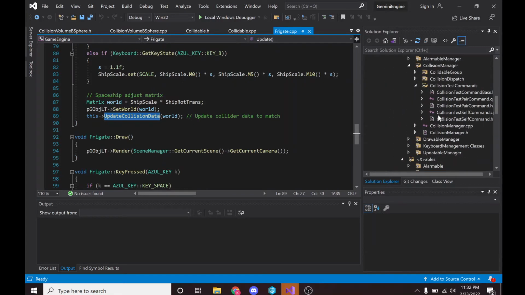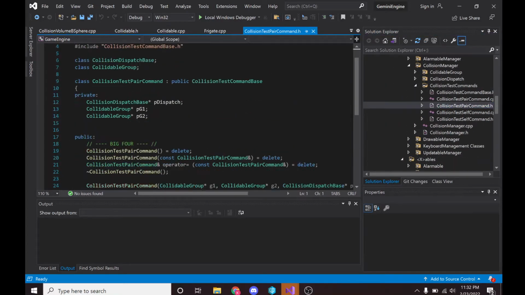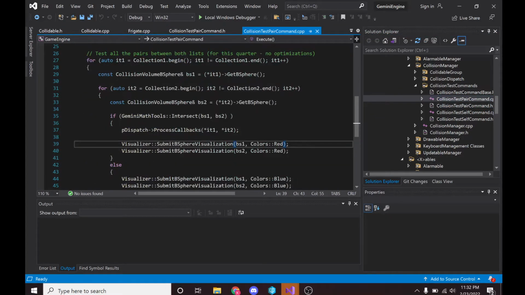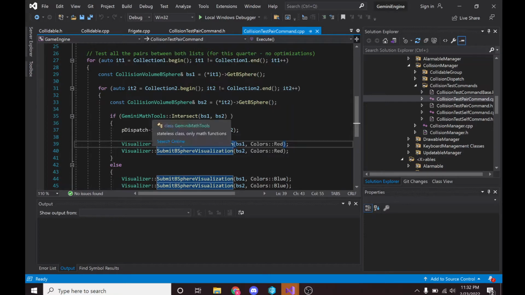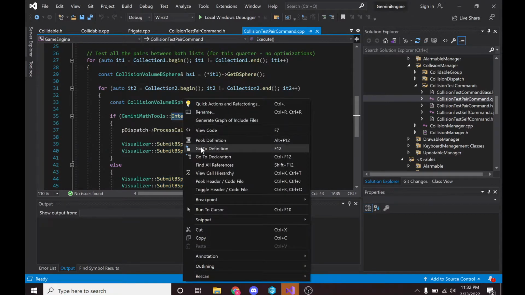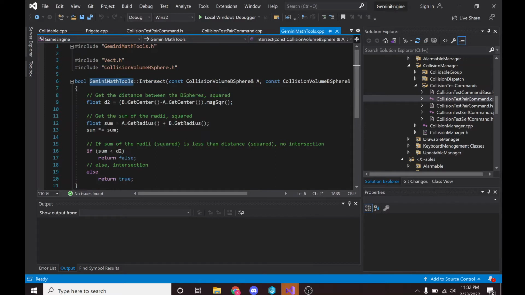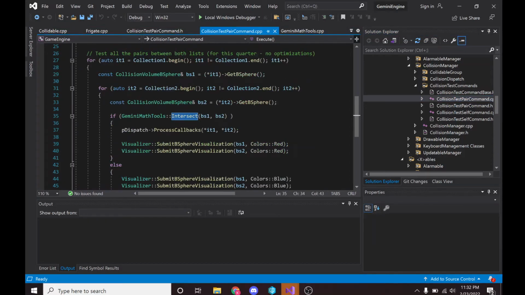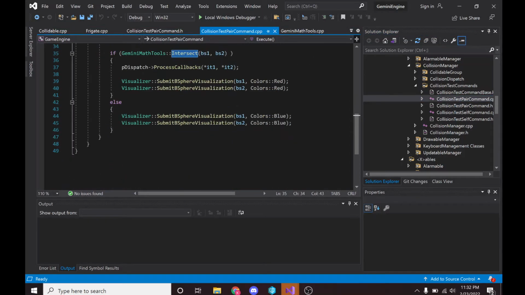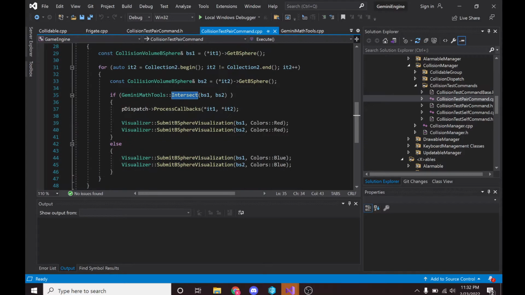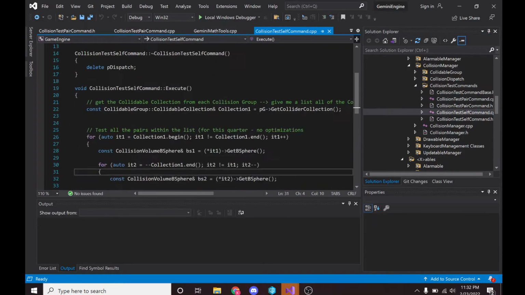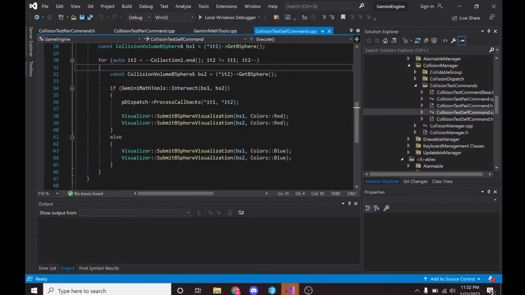Next is the actual testing. Now the tests actually do stuff. It loops through all the different pairs, nothing smart yet, and does the intersection test in the math tools. So this Gemini math tools is just a stateless class and has this math right here for two bounding spheres intersecting, and then it processes the callbacks if it returns true. Same for the self command. It does the same thing, and then I have the built-in red and blue